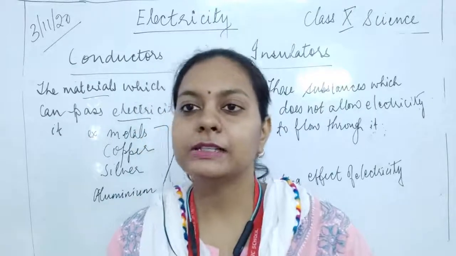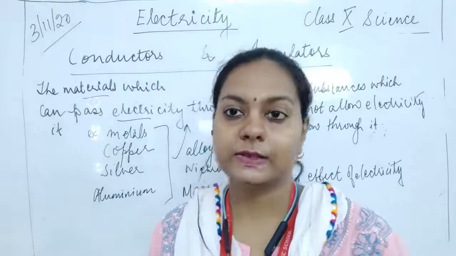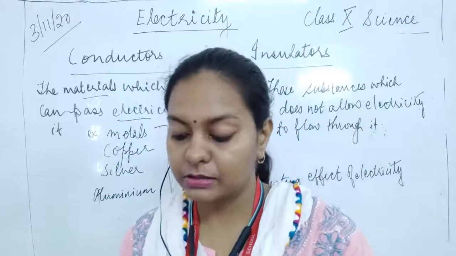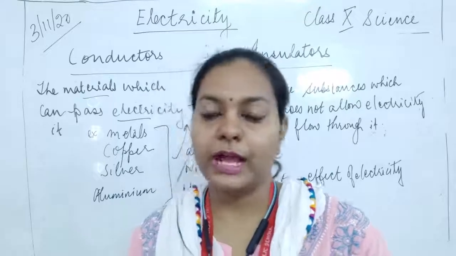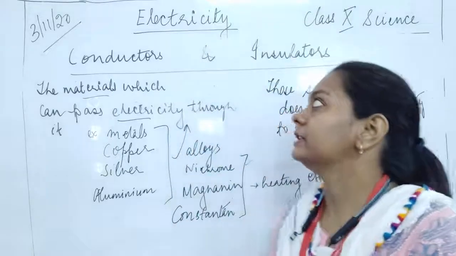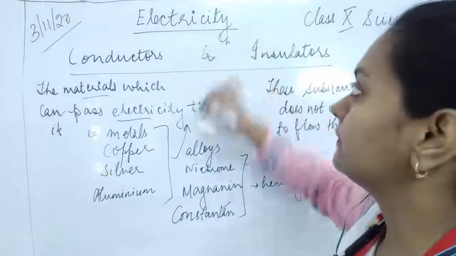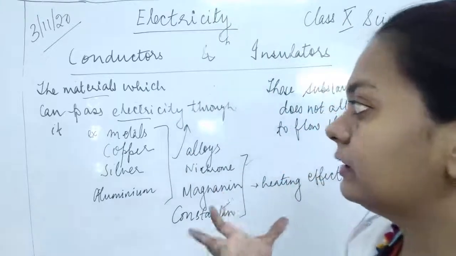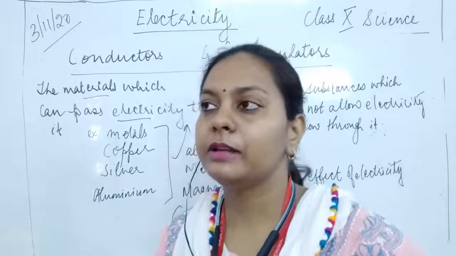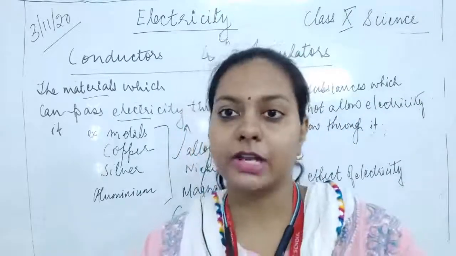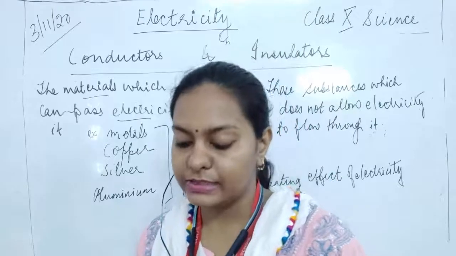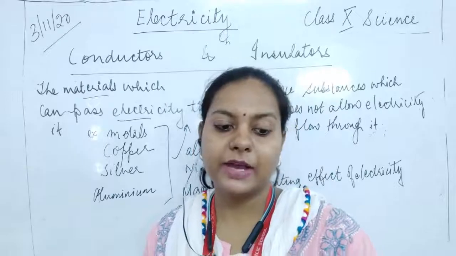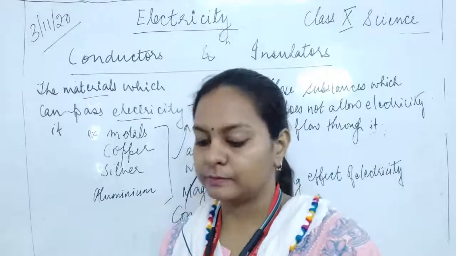Okay, so this is about the conductors, which help the charges to flow, and the flow of charge is said to be electricity. So the flow of electrons is said to be electricity. How the charges are flowing from one place to another, and because of which a current is generated, this is said to be electricity, and this is the energy which makes the devices, electrical appliances, work.